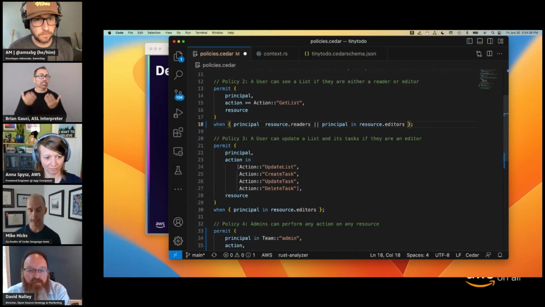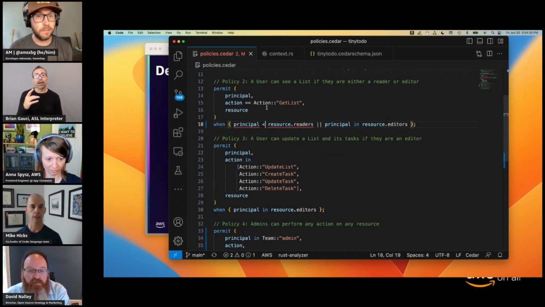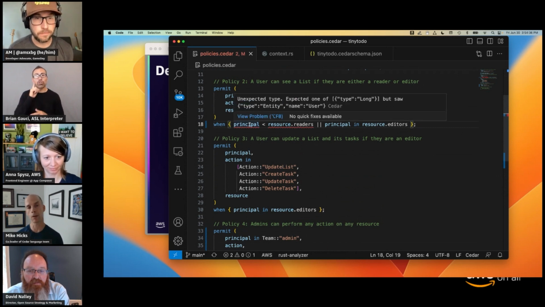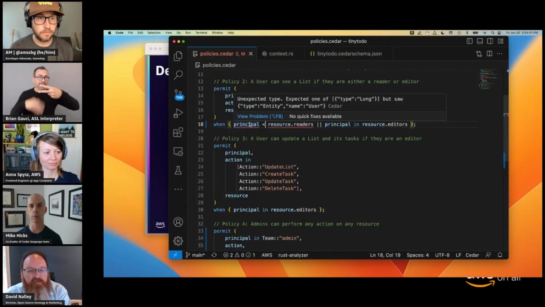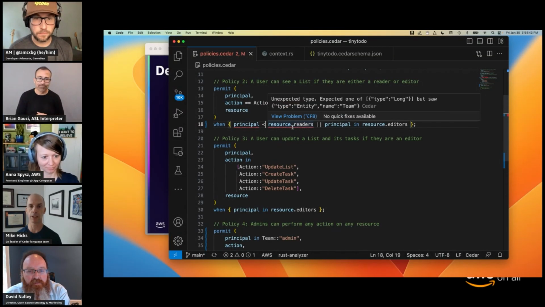Or maybe I forgot that in was the right operation for checking membership in a group, and I tried to do less than. The validator is going to say, no, I'm expecting a number here. This is only for numeric comparisons, but you're giving me a user on this side and a team on this side. So that doesn't make sense either.